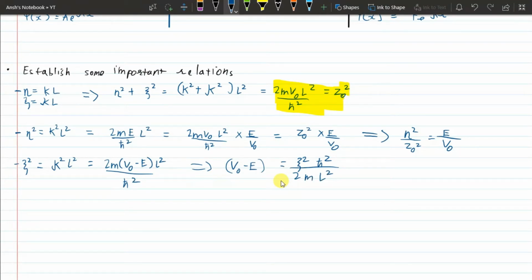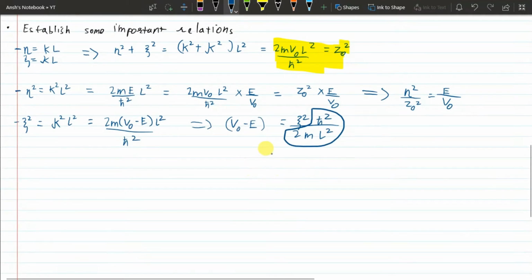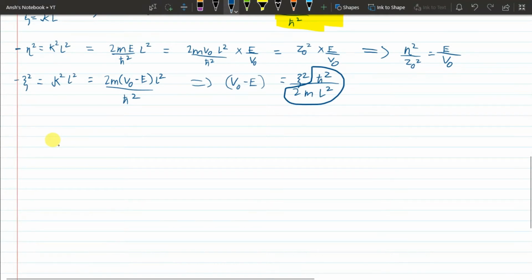And this is a sort of relation that tells us how deep our energy level will be, as compared to the energy levels of the infinite potential well. Now how do we know that? So this term right here, h cut square upon 2m L square, is the ground state, the first state of the infinite potential well. So that multiplied by c square will tell us how relatively deep our bound state is. So these two relations are just helpful when you are dealing with practical situations. But this is all that we'll be establishing the relations for.